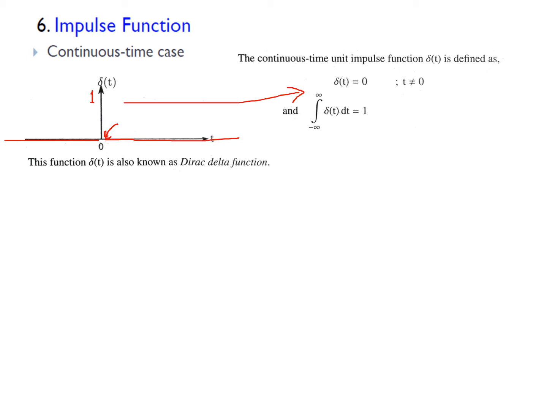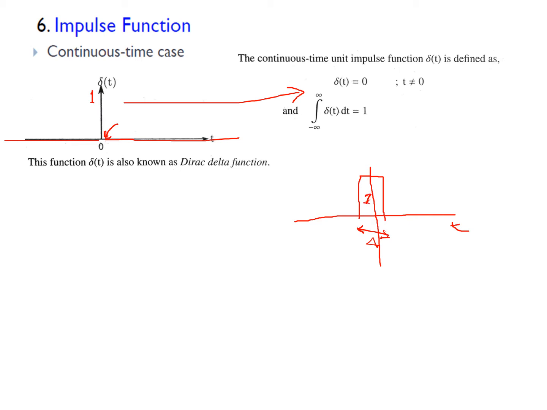To imitate that, think of a rectangular pulse, that is a rectangular signal plotted on the graph. Suppose this is the rectangular signal. Let the width of the signal be delta. Now my aim is to make the strength 1, that is, the area under the graph, because when I integrate the delta function, the area should be 1. That means area will be 1.